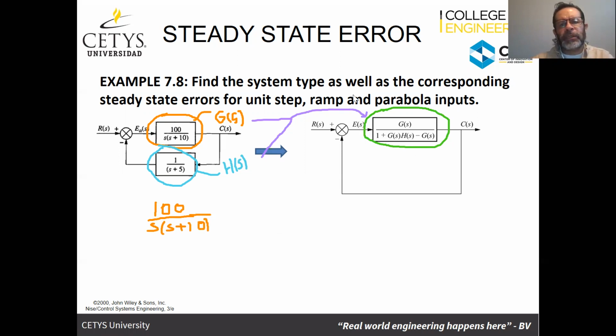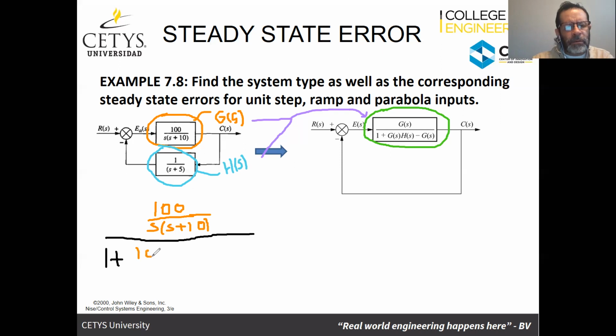And in the denominator, we are going to have 1 plus G of S times H of S, which is going to be